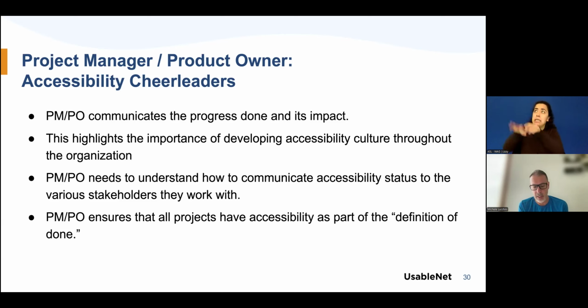Another aspect that we like to sensitize people to is that accessibility speaks many languages. The way you talk about accessibility to a developer is completely different than the way you should talk about accessibility to a stakeholder. So also gathering tools and technologies inside your organization that allow you to produce reports based on the audience is an important factor. So something that will allow you to use the right language, let's say, to communicate progress, what needs to be done, the impact of the changes, or the impact of not remediating some issues.